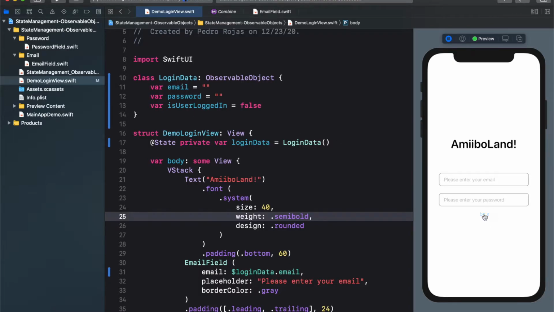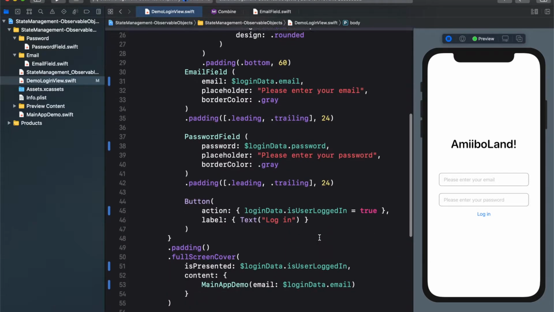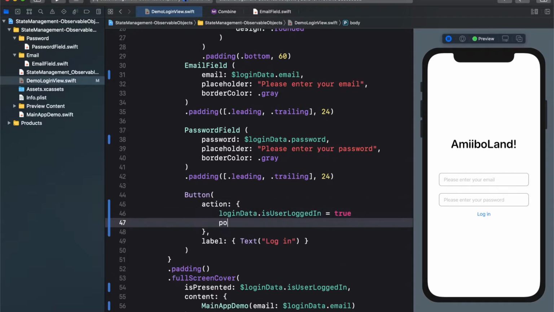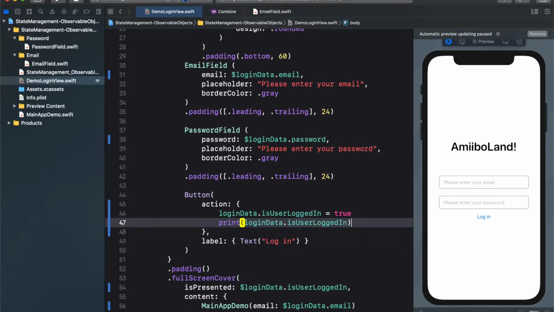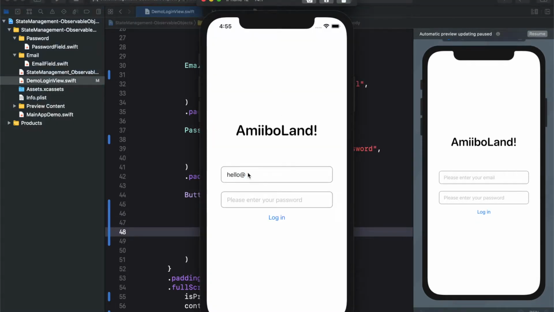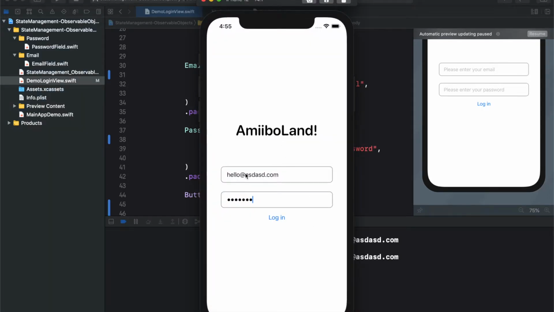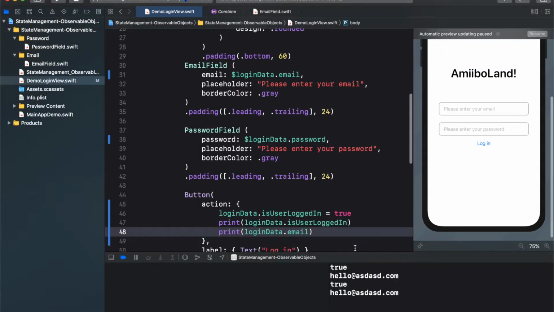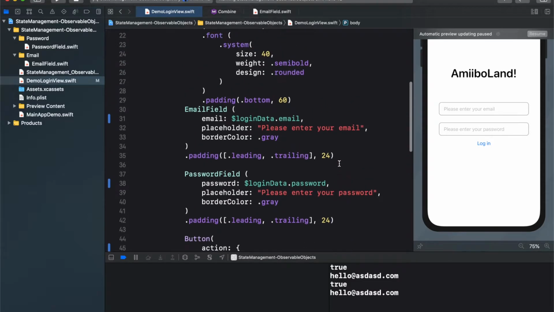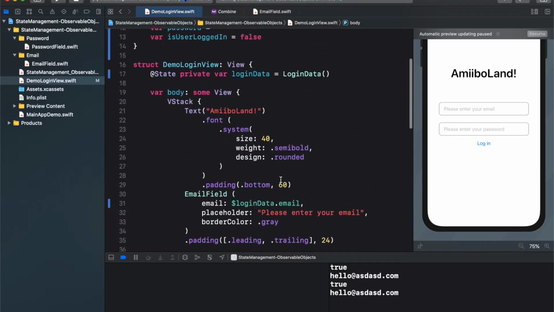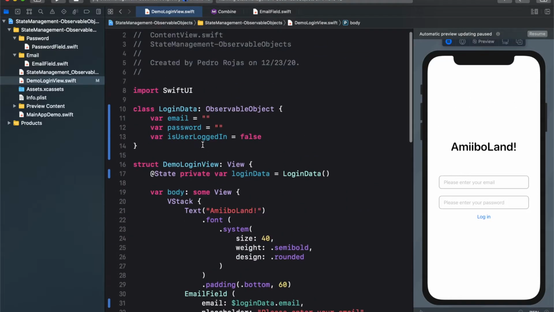But however, if we just click that, nothing happens. In fact, this value is actually changing to true. Look at this. We just type this email and we click login. However, this value is true, but we are not sending the user to this screen. Why is that? Okay, first of all, let's understand